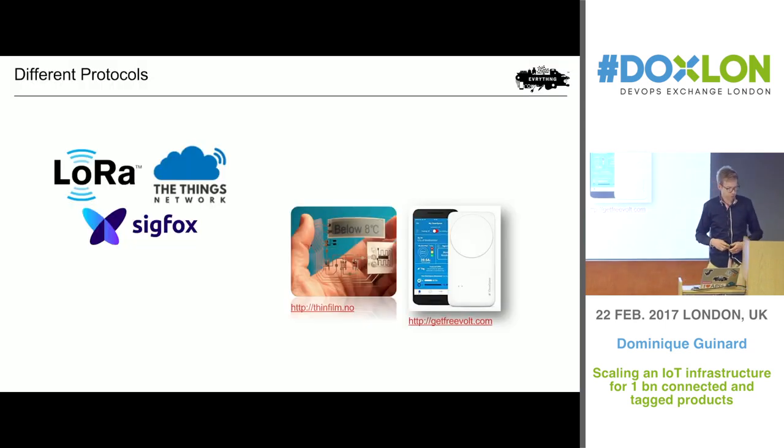You also have a number of protocols that actually are very interesting from a battery consumption point of view this time, right? So going the full Wi-Fi way is very easy to deploy a product. However, it consumes a lot of battery, right? So if you have a device that's completely battery operated, there is a huge difference between running it fully Wi-Fi or running it on a protocol like Zigbee. There's even more difference in running it on a protocol like Zigbee and a protocol like LoRa or Sigfox.